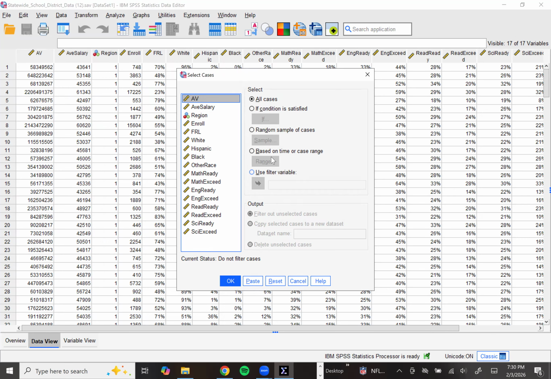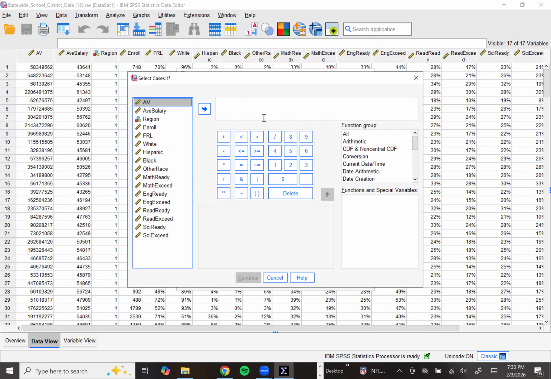From here, we're going to choose if condition and hit the if button. And what I'll do now is move the dependent variable over, which is enrollment. And from there, I'll type in the word region, and in parentheses, we'll add the three different regions that we'll be looking at, which will be region one, and we'll put equals one for region one, or